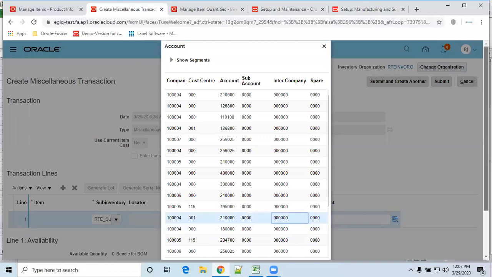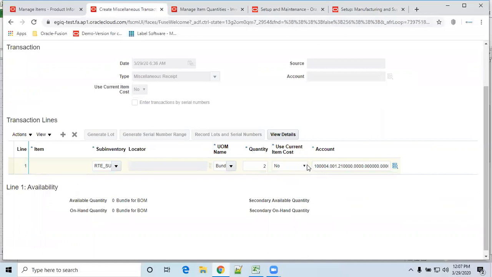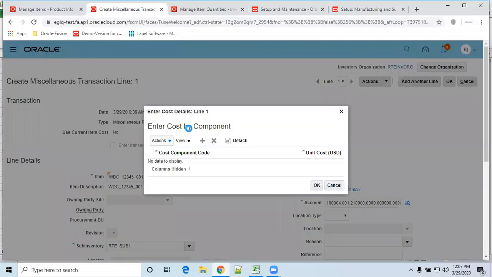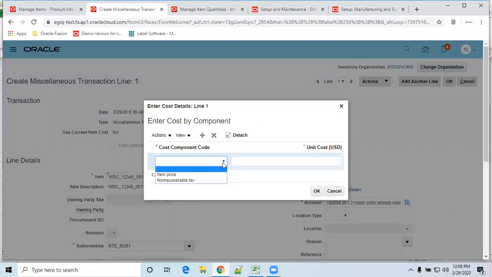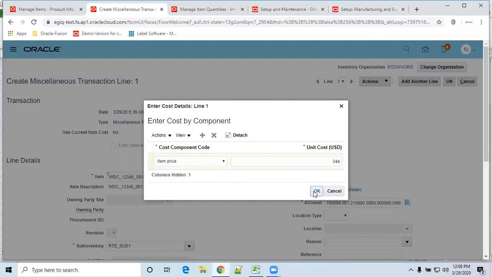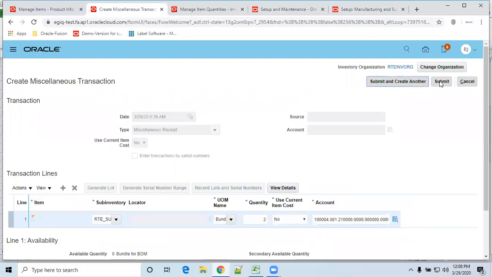And search. Okay, so I'll keep no. Go to view details. If current cost is no, you have to enter cost here. Click on plus. Item price. Click on okay. Now submit.